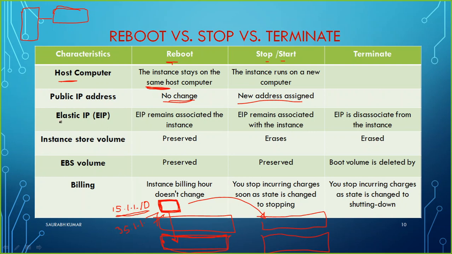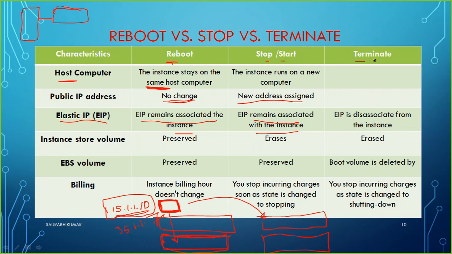When we talk about elastic IP address, it is something like a fixed IP address. You have a dedicated IP address for your host, for your instance. So if you have set such a thing, for example, you decided that this IP address 15.1.1.1 is going to be permanent. I have used it not as an automatically assigned public IP address, but as an elastic IP address. So when I restart, the EIP will remain associated with the instance. It's not going to change. Even if you stop and start, this IP address is going to remain as it is.